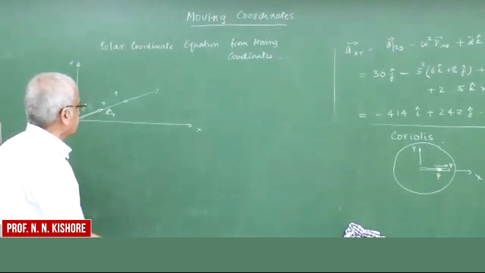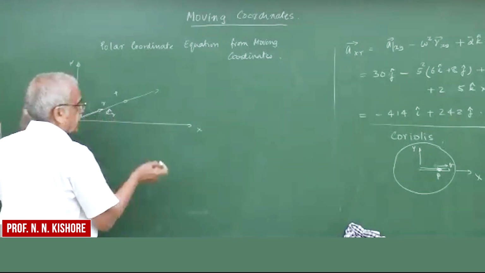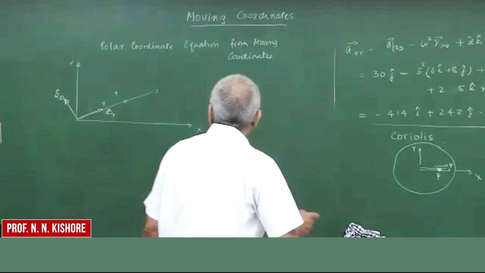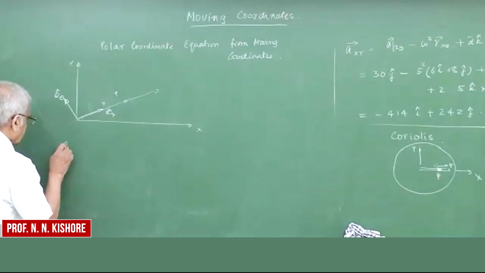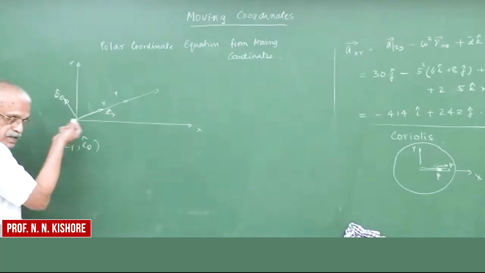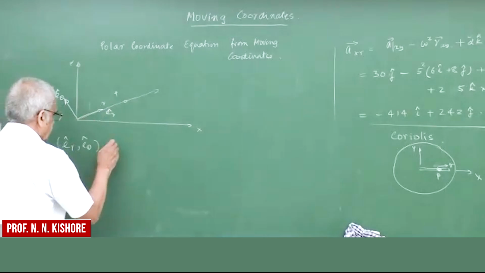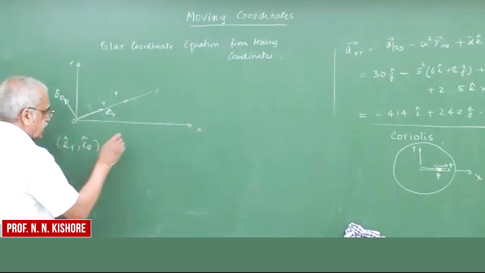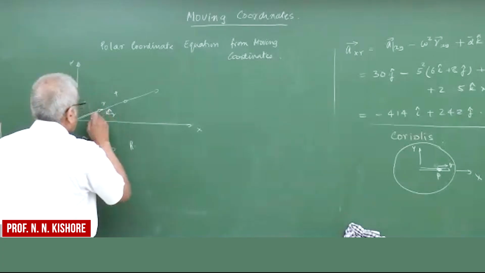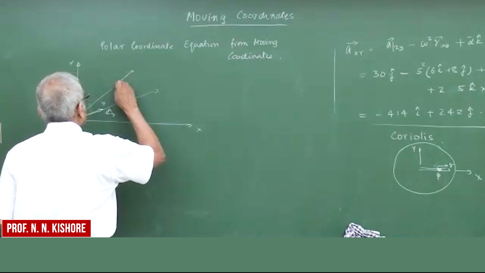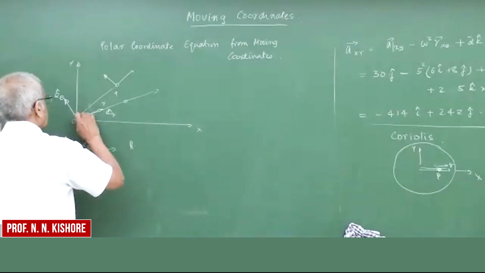Instead of small xy, I'm saying er and e theta, unit vectors representing polar coordinates. So what is happening? Its origin is right here, but then as you go from this point to this point, like this one,